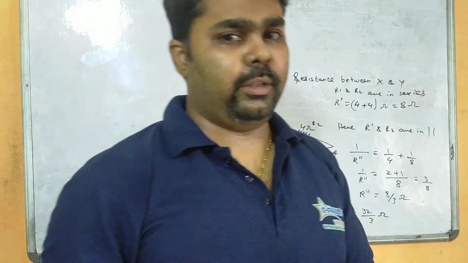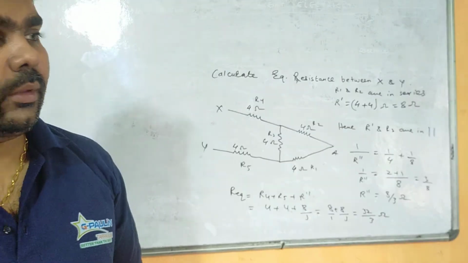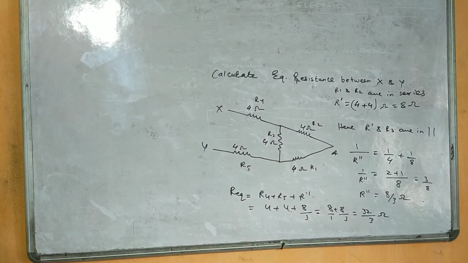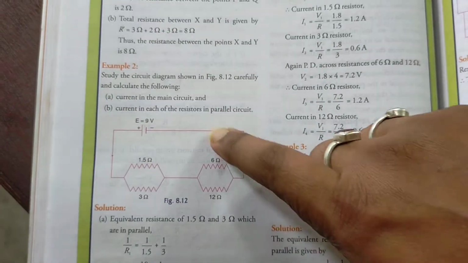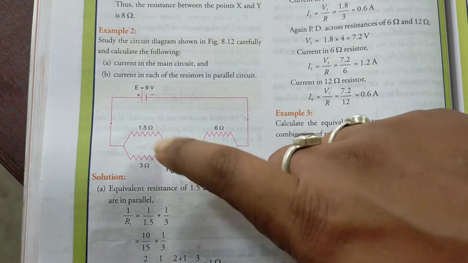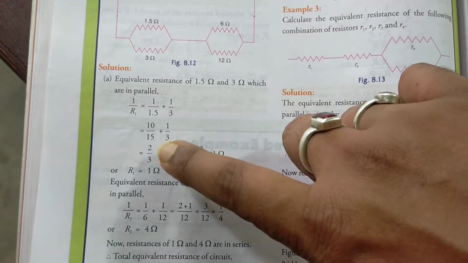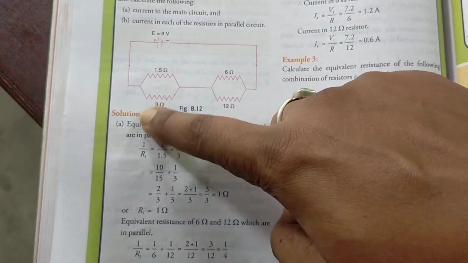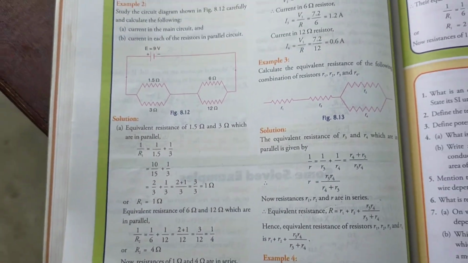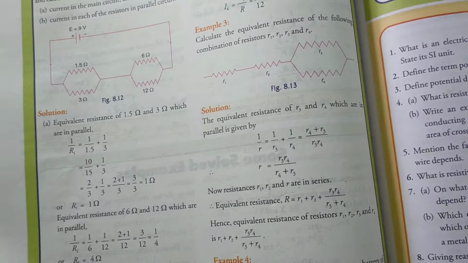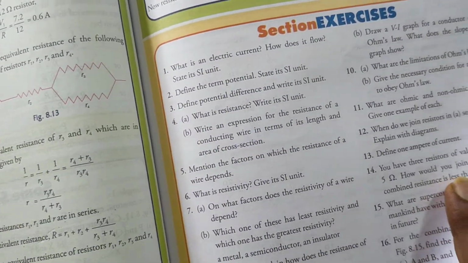So this is how we are going to solve any complex circuit. First we have to determine which resistances are connected in series, and then whether that resistance answer is in parallel with another resistance or in series with another resistance. That we have to determine. With this concept you will be solving these example questions. You try these example questions. You see these are connected in parallel, this is also connected in parallel, but their answers are in series with each other. From there we'll get the resistance, and the voltage is already given, so from here we can get the current passing through the circuit. Example questions you will practice, and you need to do the exercises also.